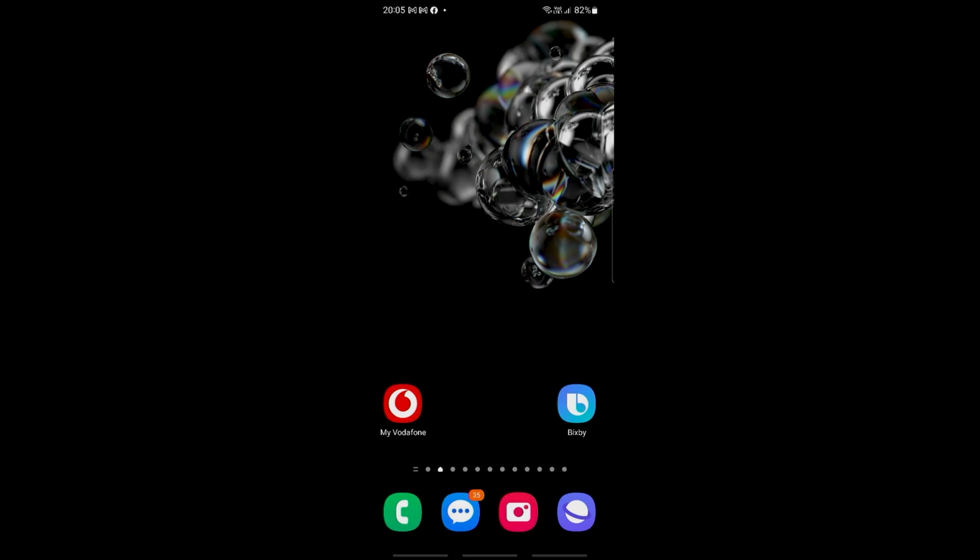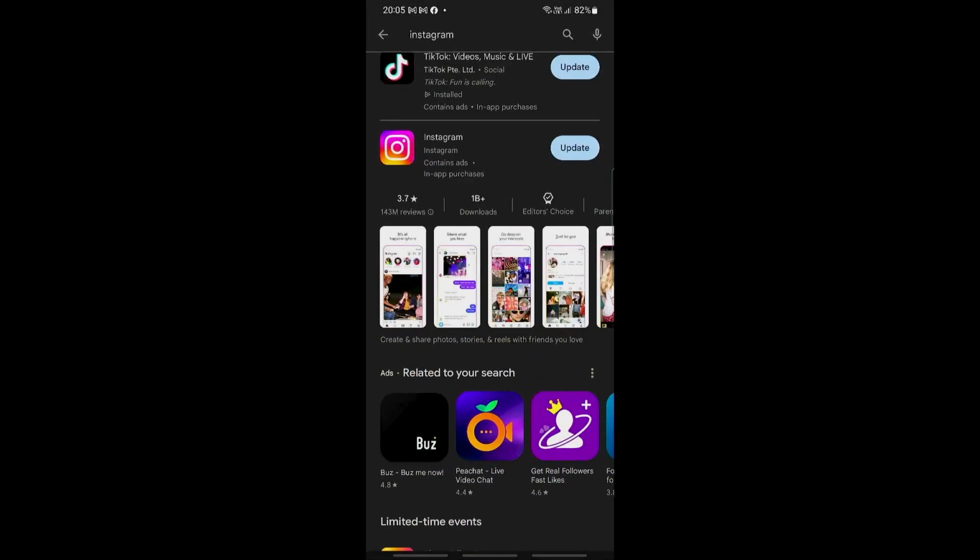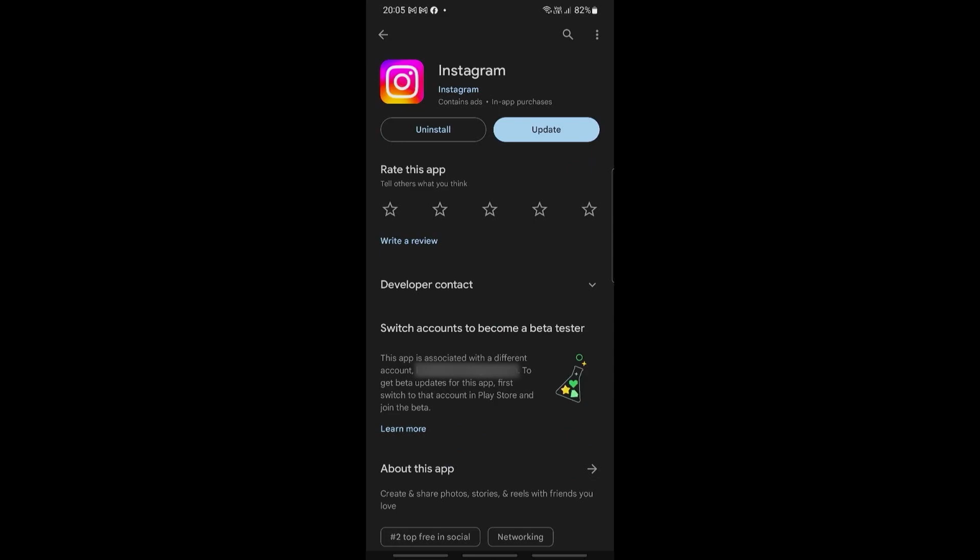Now what we're going to be doing is we're going to go into our Play Store right here. At the moment, you need to go ahead and check if there is an Instagram update. So usually once there is a bug, the developers will do everything that they can to go ahead and fix that bug. One thing that you can do is to wait for them to fix that bug and then update your Instagram. Another thing that you can do is you can go right ahead and uninstall Instagram itself